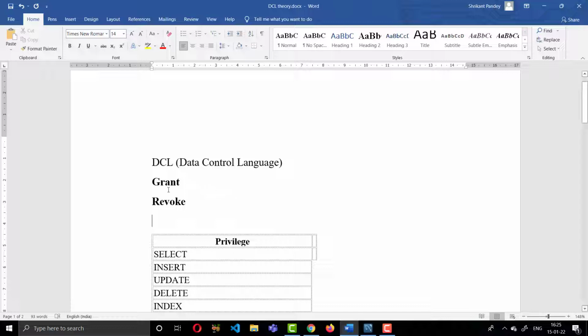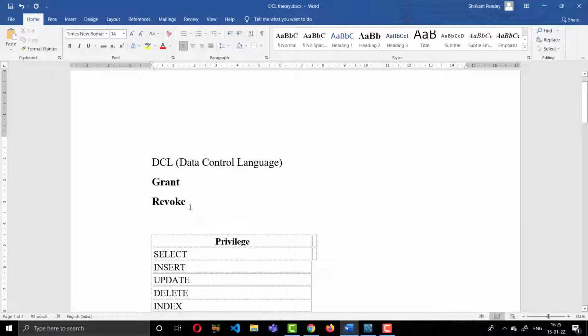So let's understand what GRANT is. The GRANT command is used to set privileges for the user to select or insert data, update data and delete data in the tables.